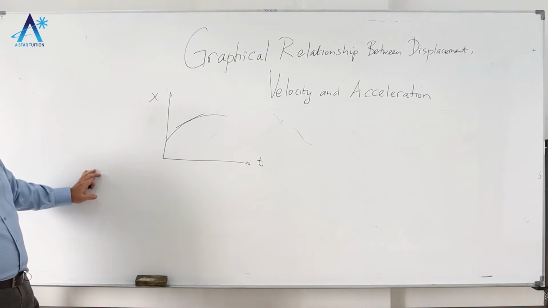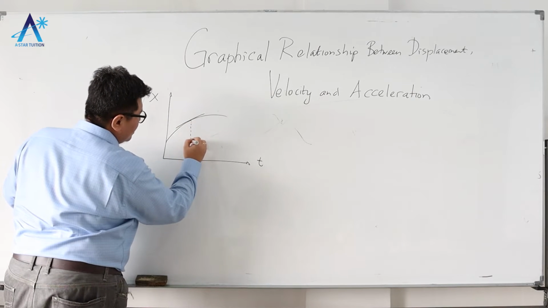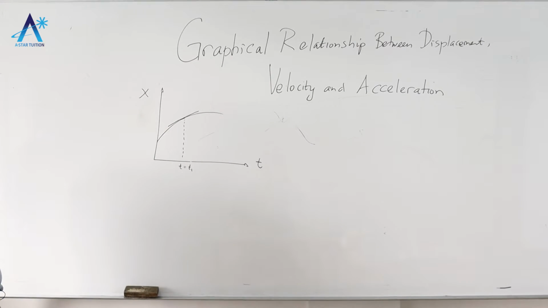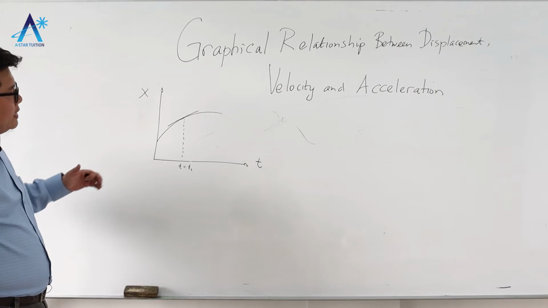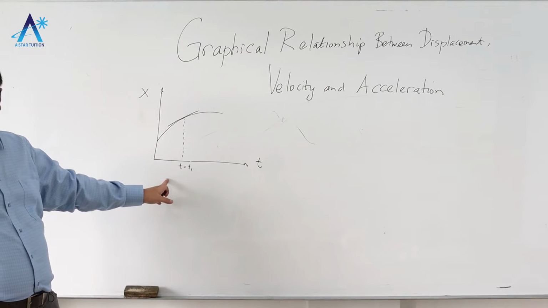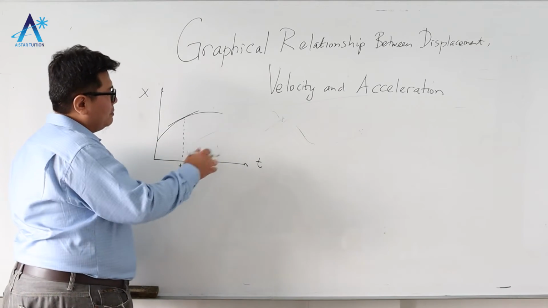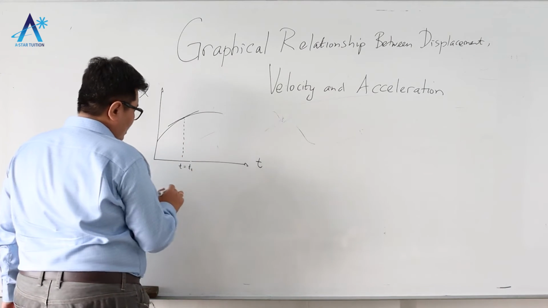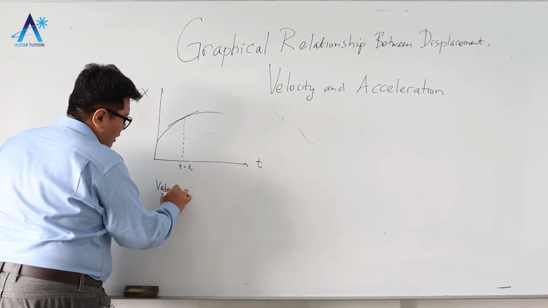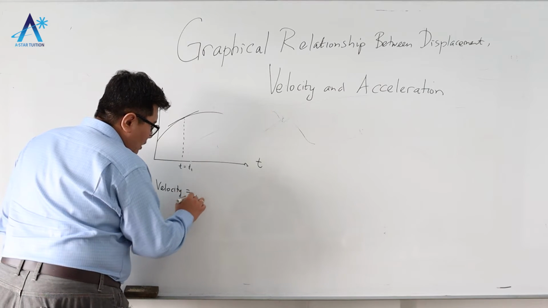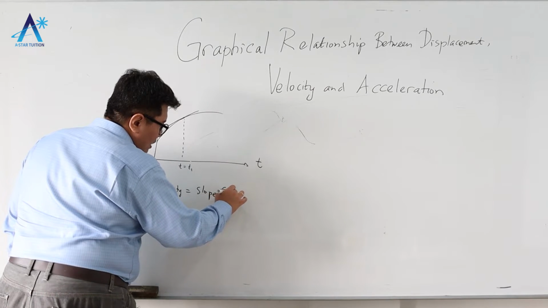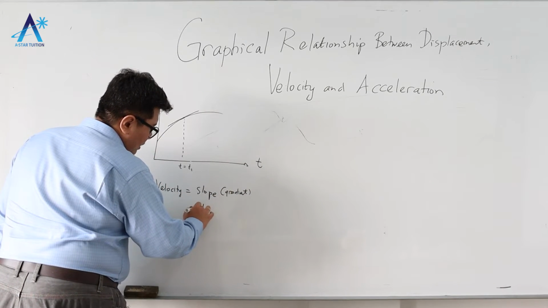Okay, so you can see that at this particular time of interest, this is t equal to t1. Let's say we want to find the velocity at t1. All we need to do is draw a tangent line of the graph at t equal to t1, and then estimate the slope or the gradient of the tangent line. Then the instantaneous velocity is equal to the slope or the gradient of the tangent line